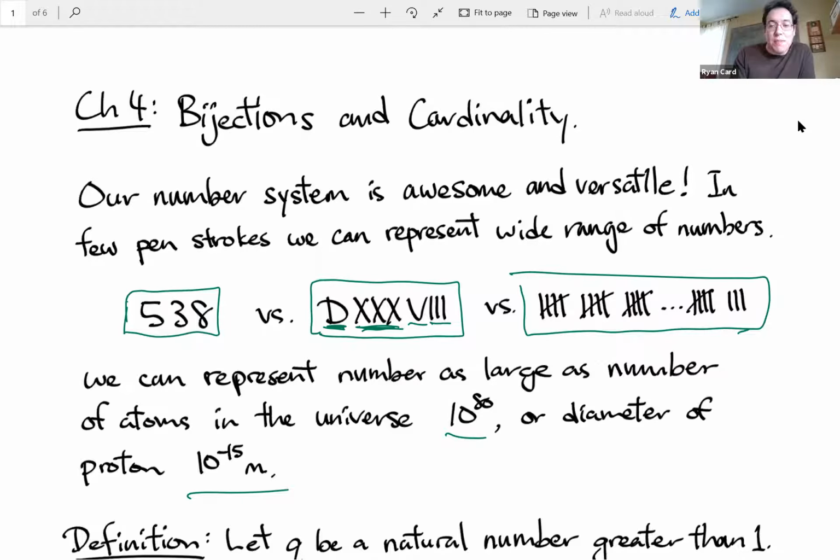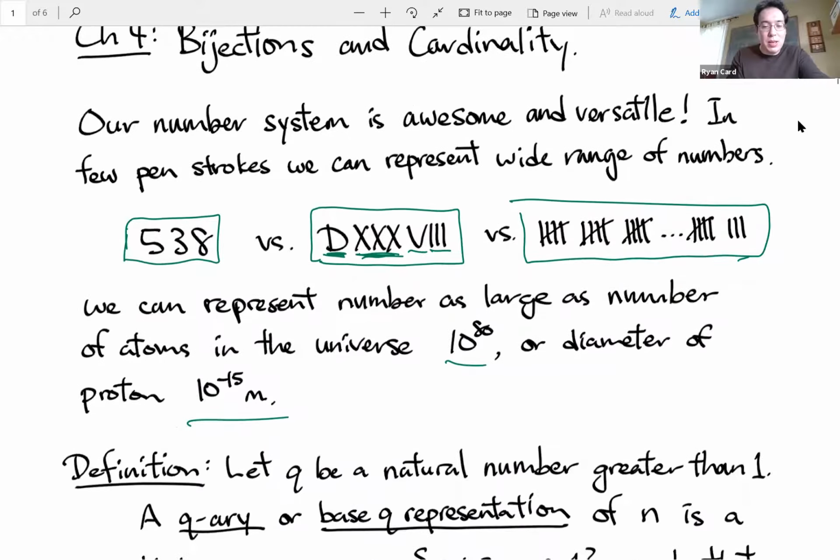So our system is very clever, and I want you to step back and appreciate that, and prove some math about it. If you have taken or are currently taking math history, you might know there are other number systems as well that might not work as well as ours. Okay, so